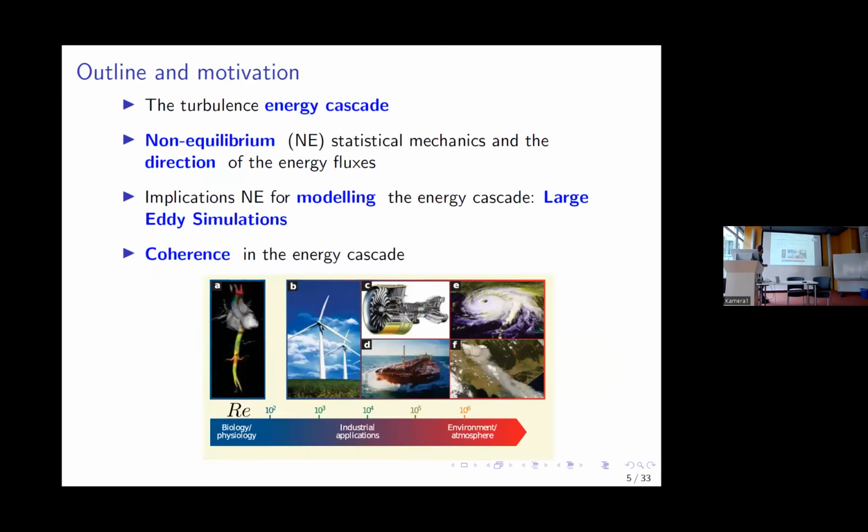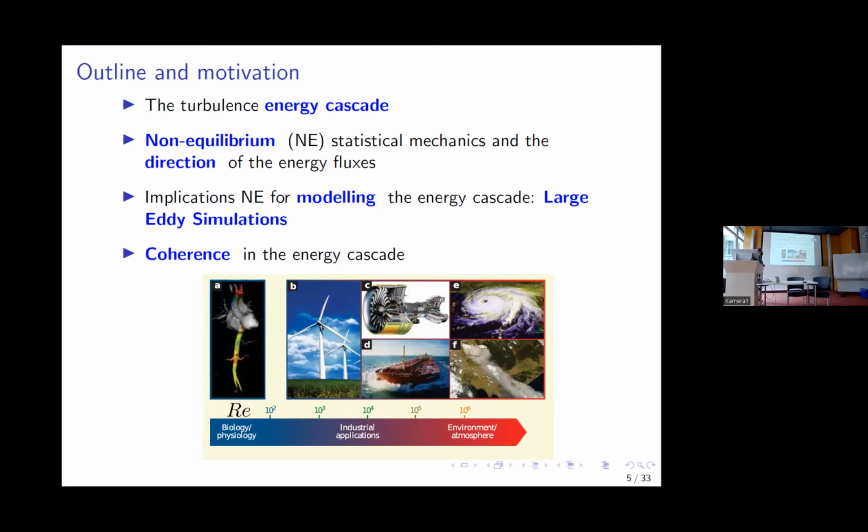And now let's go to the motivation of this talk, the outline. I'll be talking about turbulent energy cascade, which is a universal process that happens in all turbulent flows if the Reynolds number is large enough. Of course, in large scales, the behavior of the flow might depend on whether you're looking at a wind farm or an engine or even a hurricane. But if you make sure that the Reynolds number is large enough and you go deep down into the detail, in the end, you will always find the same process, which is a cascade. Okay, there's a transfer of energy from the large to the small scales, and this is something that allows